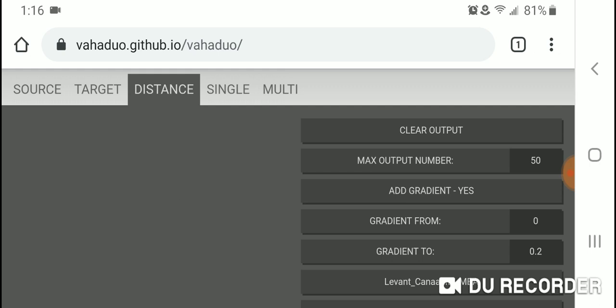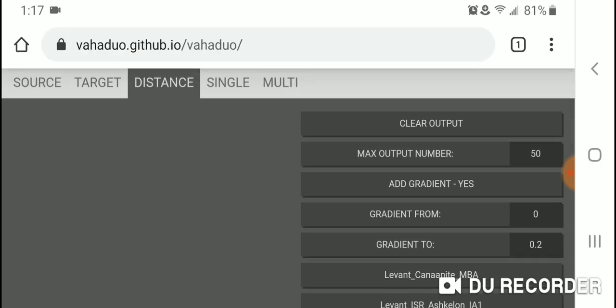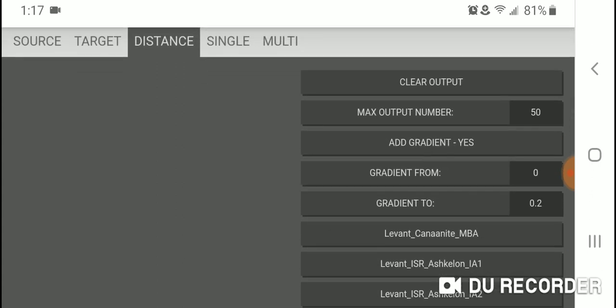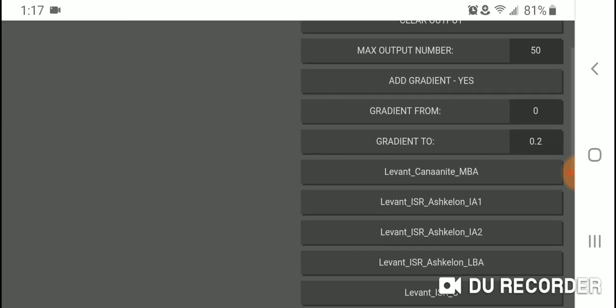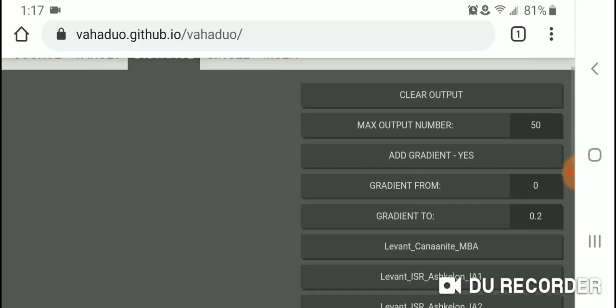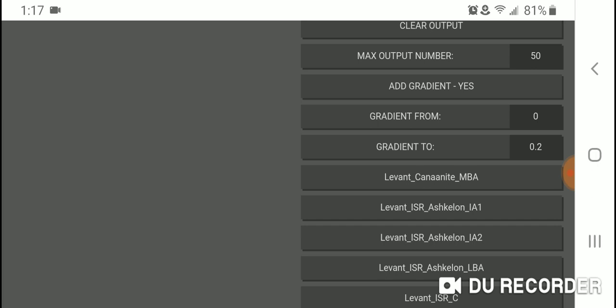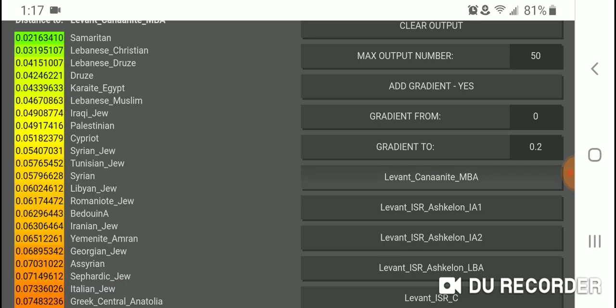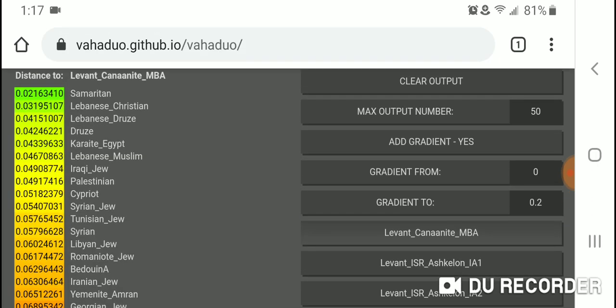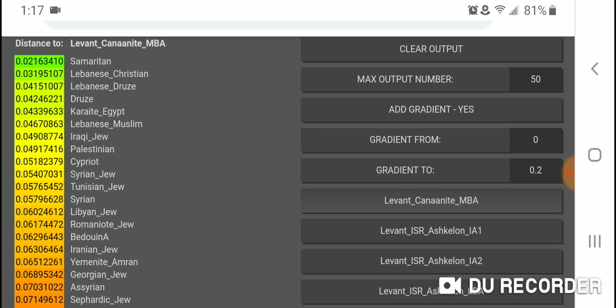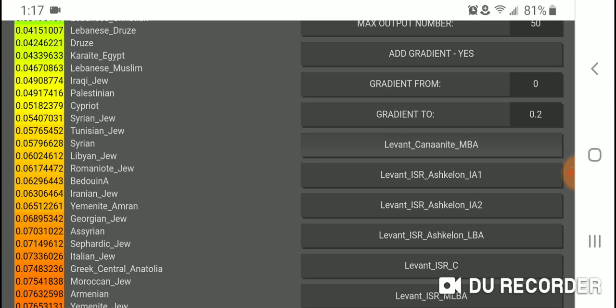I'm going to do max output number 50 for the genetic distance with the ancient Levant samples to modern populations in the Global25 coordinates. So let's start with Levant Canaanite MBA. You can see the closest modern population is Samaritan, followed by Lebanese Christian, Lebanese Druze, Karaite Egypt, Lebanese Muslim,